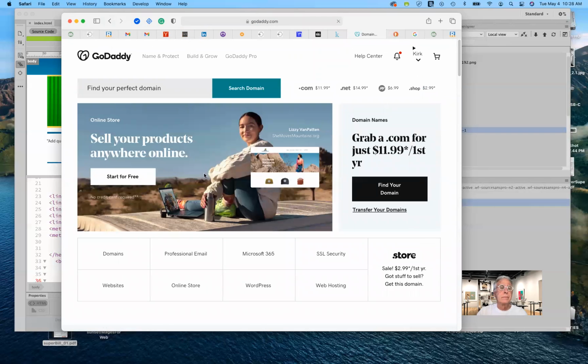There we go. So if you want to search and find the perfect domain name, then that's what you do here. So for example, if I were to put in Kmart66 and hit the return key,